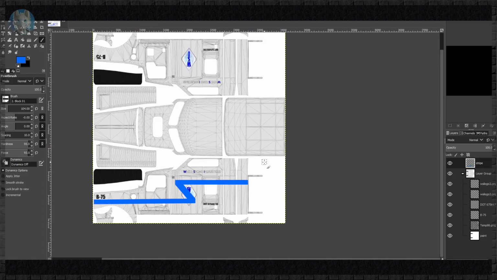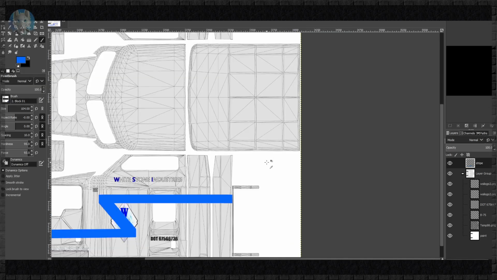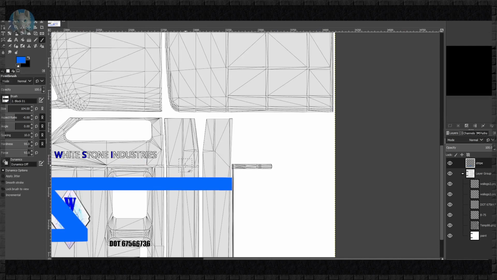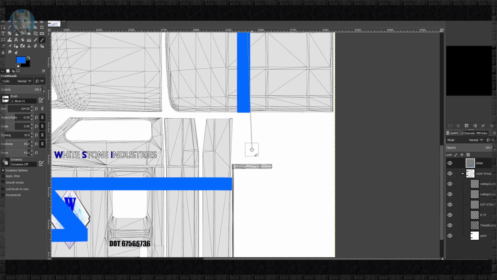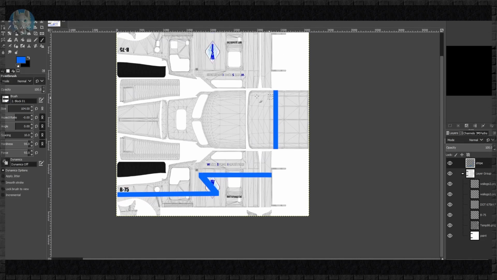But like I said, this right here, this is the back side of the cab, but this is rotated slightly differently. This is why it's so difficult to line it up. There's a few different tricks, but I'm not going to go into it. But yeah, we could take a guess and say like this right here, this body line, as you can see, it's kind of outlined. That's probably this one right here. So we can kind of take a guess and go, yeah, it's probably about right there. And obviously, because it goes this way, hold Control. There we go. Okay, perfect. So now we got our line there